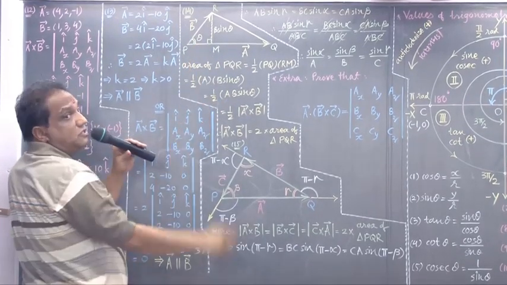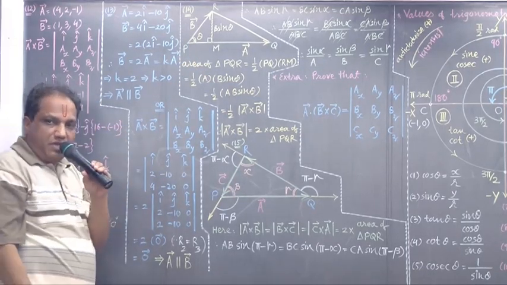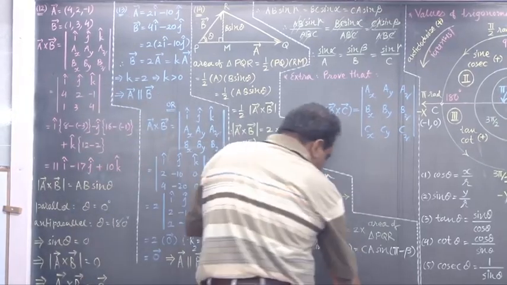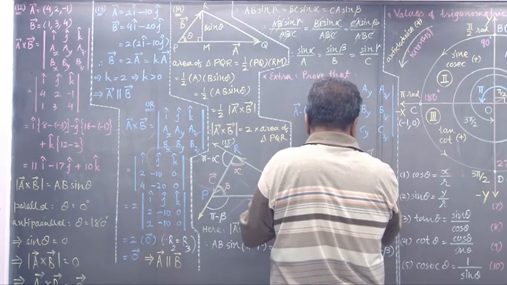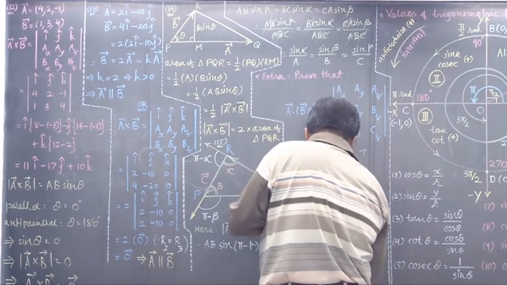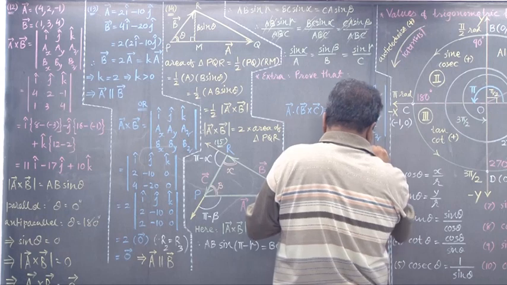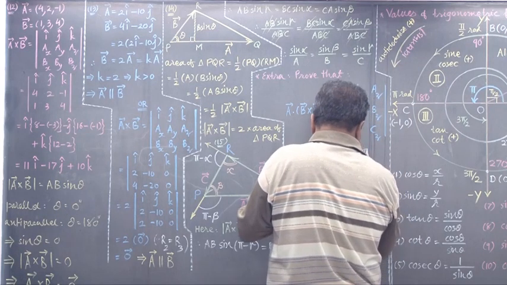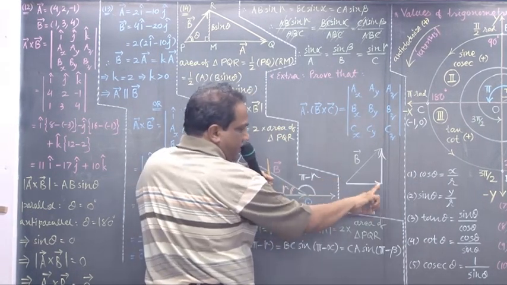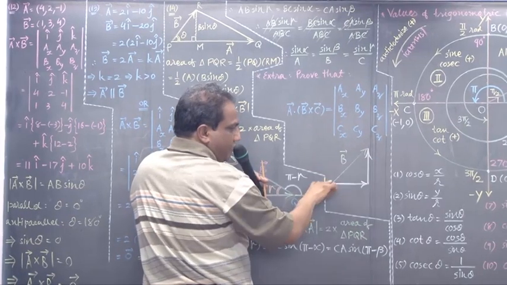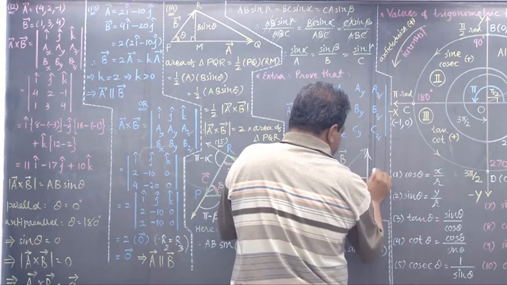Now tell me, distance RM will give you what? The component of vector B opposite to theta. See, say this is vector B. Then I can resolve it into two mutually perpendicular components, this vector and this vector. Make the vector addition here according to the triangle method of vectors: this vector plus this vector will give you this vector. Yes. What are these two? Two mutually perpendicular components.